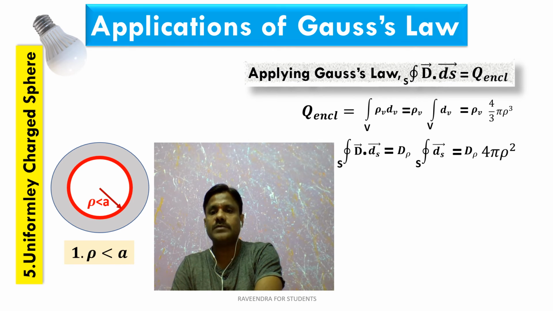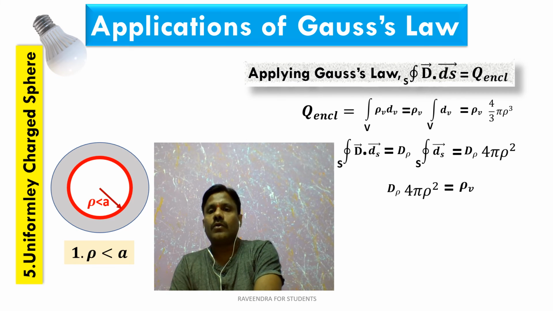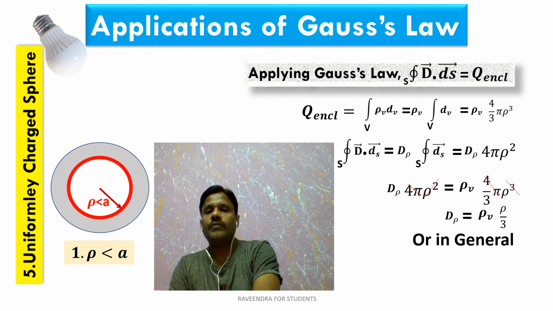As usual, we have seen in many applications previously while applying Gauss law. Now these two should be equal, so that is D rho into 4 pi r square should be equal to rho v into 4 by 3 pi rho cube. Then here 4 pi gets cancelled on both sides, and you are having rho square on the left hand side and rho cube on the right hand side. So this rho square will get cancelled with the rho square on the right side. So the right side you are having rho v into rho by 3. So from this you can write D rho is given by rho v into rho by 3,